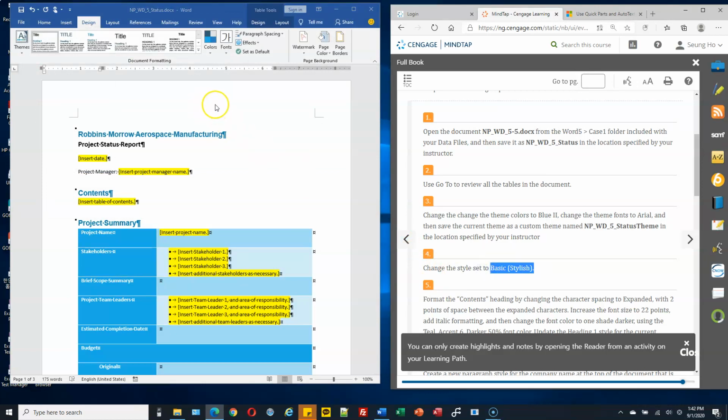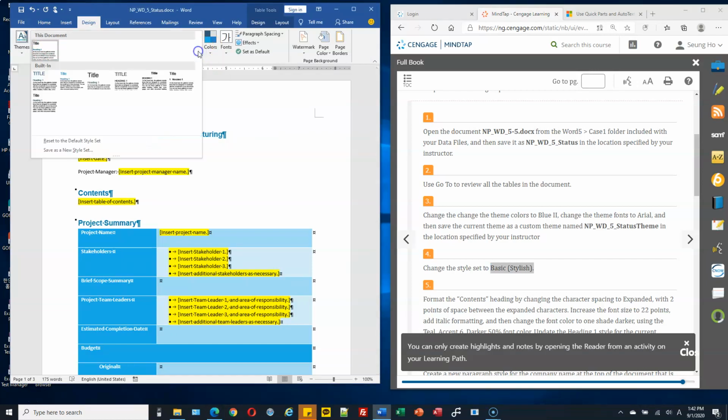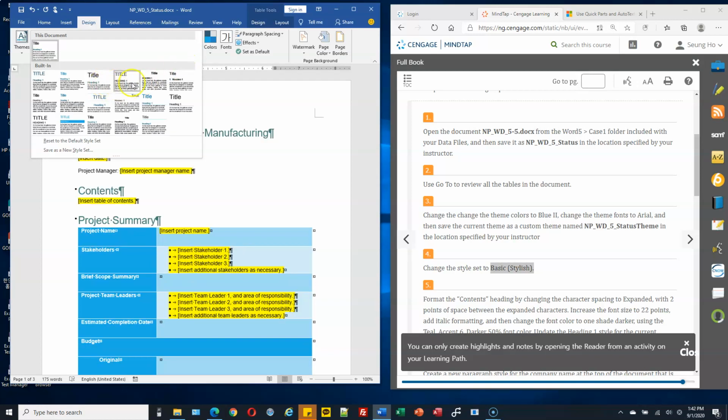Okay, style set is this one. In the design tab, this is document formatting. Look at this arrow. Click this arrow. More button. And these are the design sets, right, design set, and the style set.